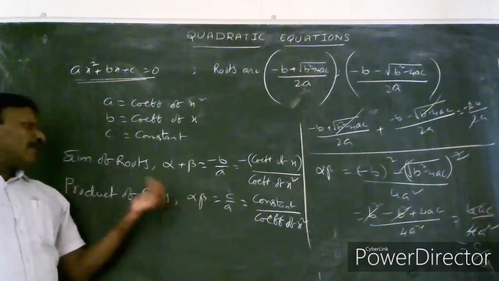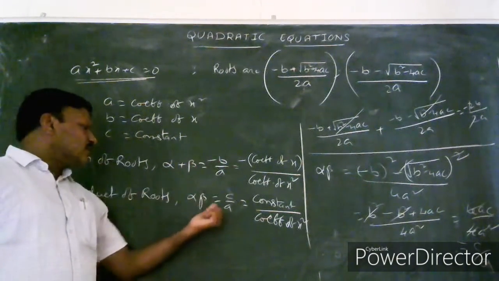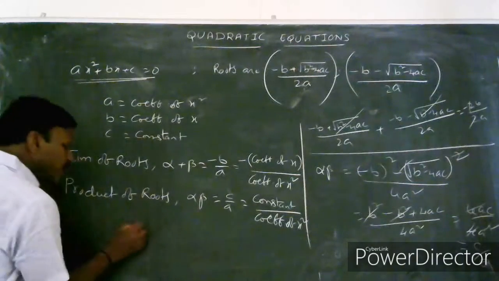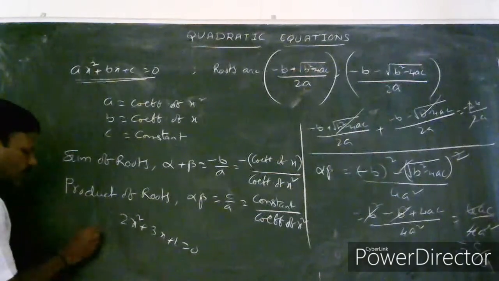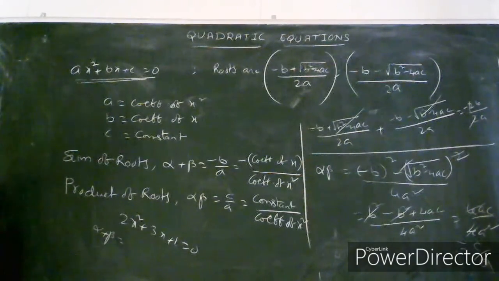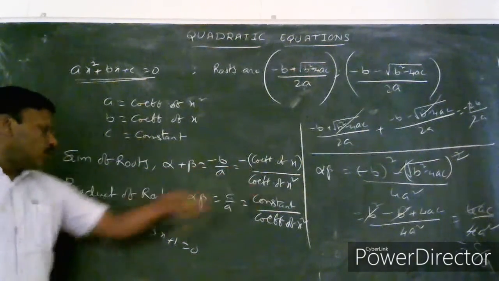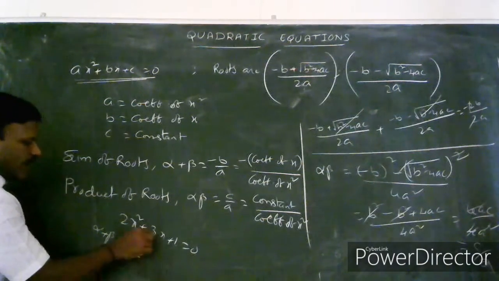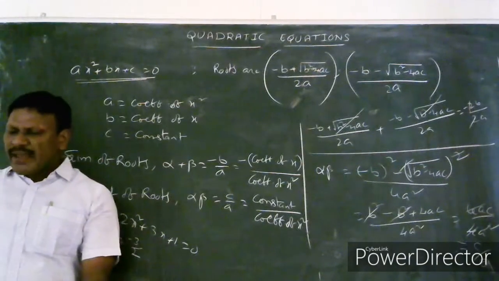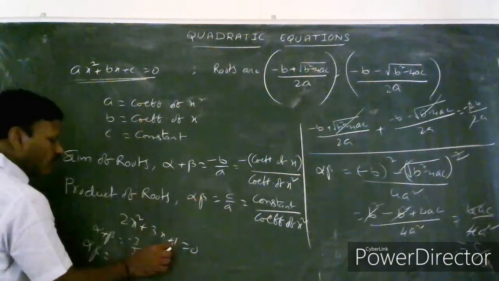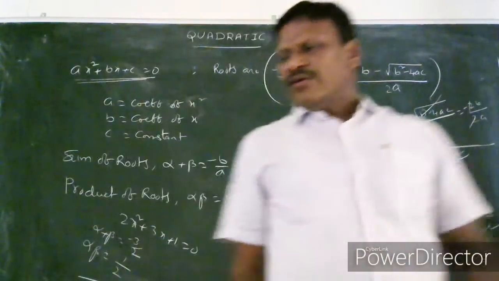So this is a way to find sum of roots and product of roots, the proof. But in problems we use the formulas directly. Alpha plus beta, sum of roots is equal to minus b by a. Product of roots alpha beta is equal to c by a. For example, some equation is there, 2x square plus 3x plus 1 is equal to 0. In this one, alpha plus beta means sum of roots. Sum of roots formula is minus b by a, that is minus coefficient of x by coefficient of x square, minus 3 by 2. Alpha beta, product of roots, c by a, that is constant by coefficient of x square, constant 1 by coefficient of x square 2. In this way we can find the values very simply.